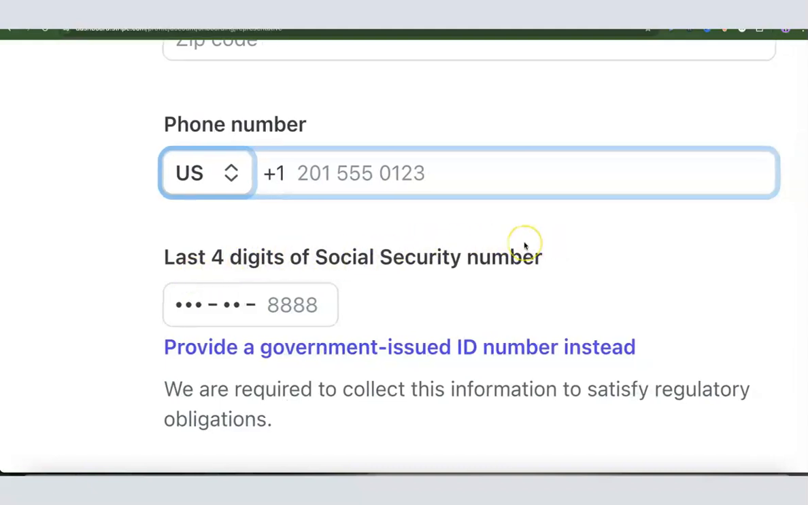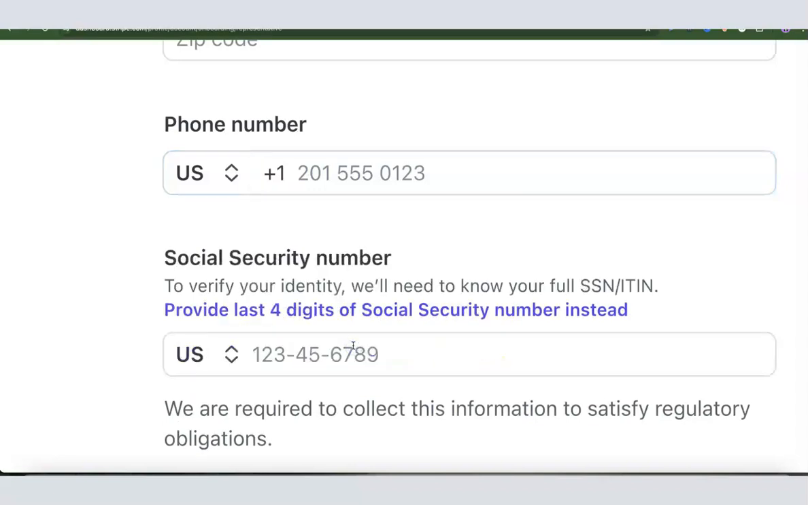Now you can only have a social security number if you are a US resident, and if you are not a US resident, you can't enter your social security number here. So what you want to do is provide a government issued ID instead. So since you are not in the US, what you want to do is click on provide government issued ID here. So click on it. When you click on it,